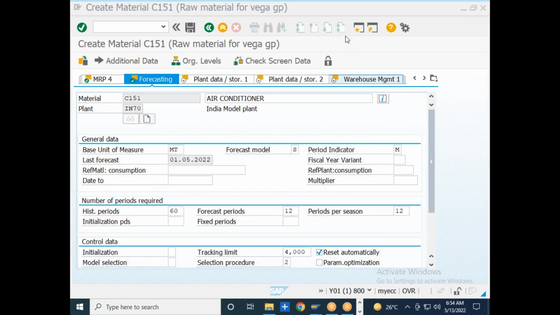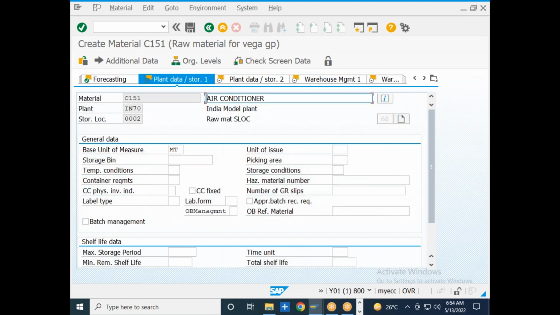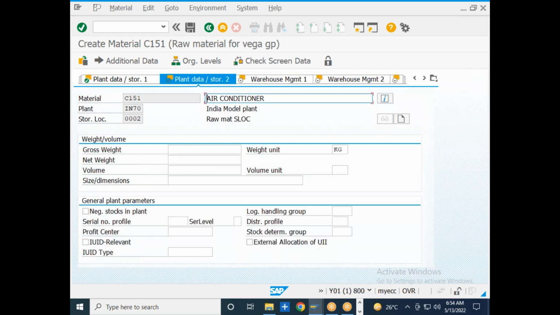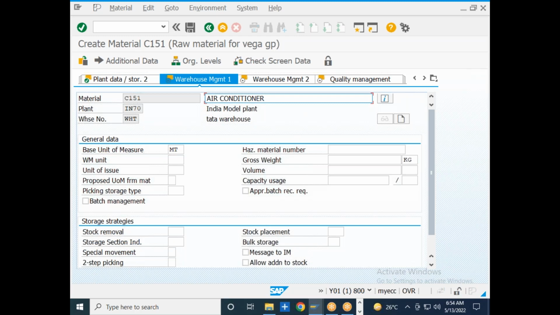Okay, so then we have the plant and storage location data. So I will click on plant and storage location data, and whatever may be the mandatory values there, those things we are going to maintain. I think in the plant and storage location data, nothing is mandatory,